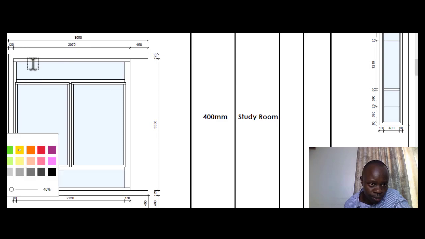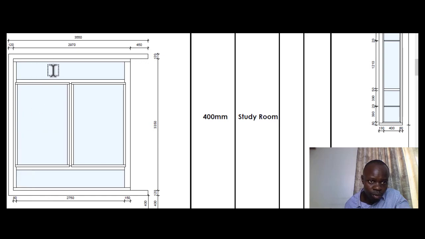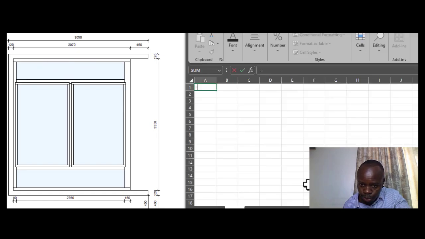So the top area would be, talking about that given dimension, it's going to be 2.75 times